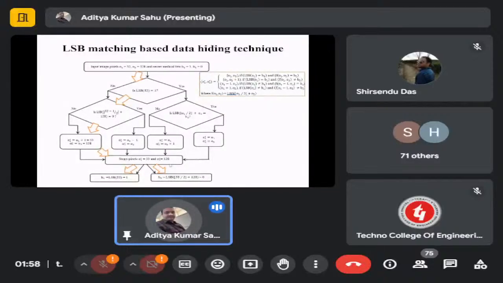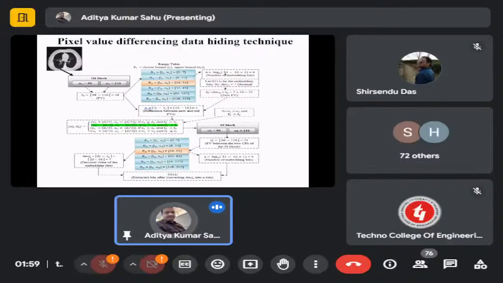Then it will apply another equation, which is also mentioned on the right side: the received O1 stego pixel divided by 2, its base value, plus O2 star. So 33 by 2 is 16 point something, its base value will be 16, plus 128 is 144. Its LSB is 0. So the receiver can extract 1 and 0 from these two stego pixels. This is how this algorithm works. Next.